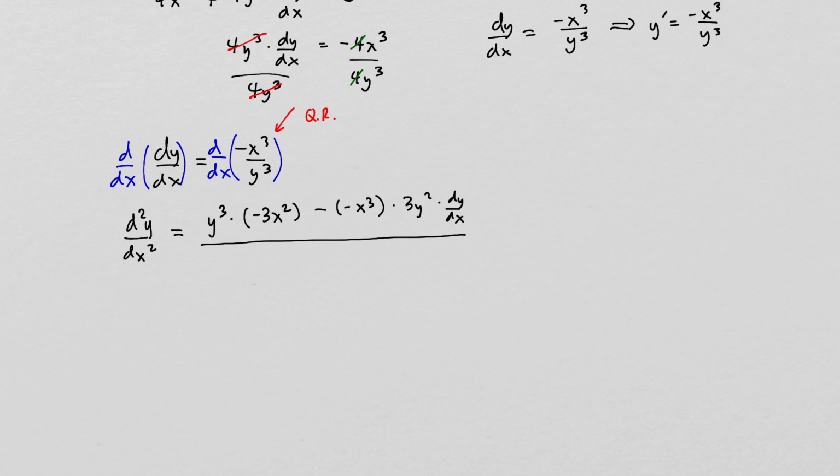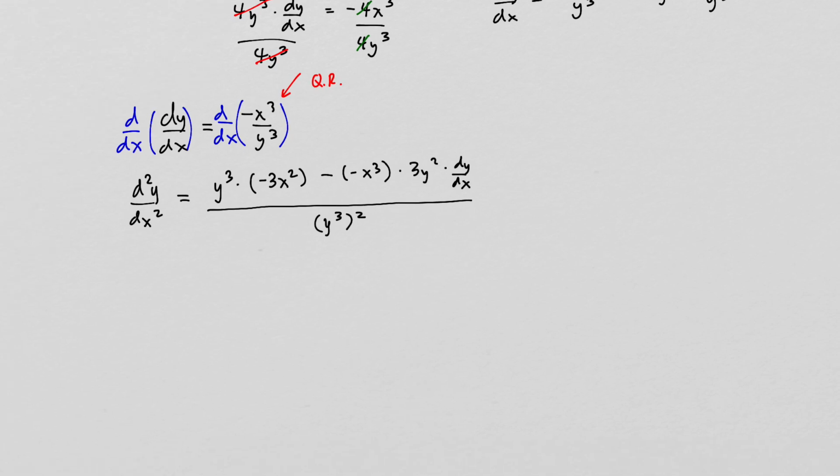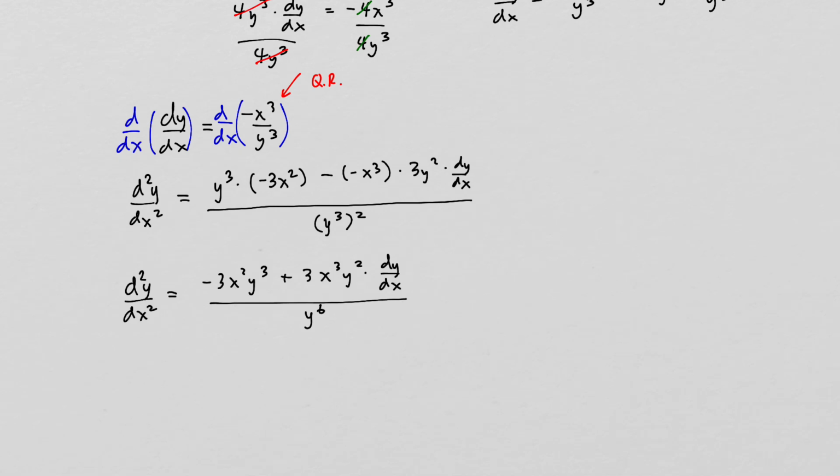And then you have to divide that by the bottom function squared. So now let's clean this up. So I'm putting the negative 3 in front. And also when I have y cubed times x squared, I usually write that x squared times y cubed. Here I have a positive 3x cubed y squared and then times dy dx